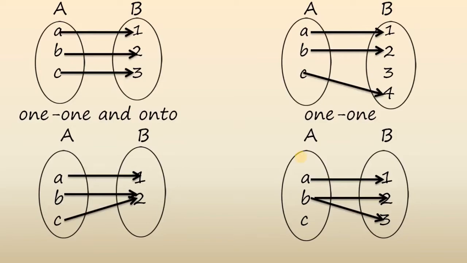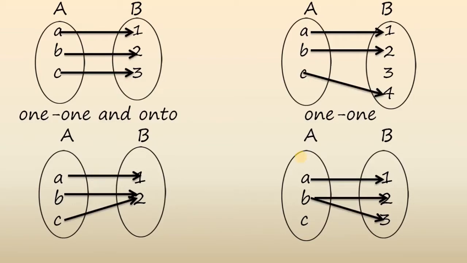But B and C don't have a unique relation, right? The relation is repeated. So it is not 1-1, because every element from your domain must have a unique relation, not just a relation, a unique relation. But let's see your right hand side. You have 1 and 2, and 1 and 2 both have pre-images, right?